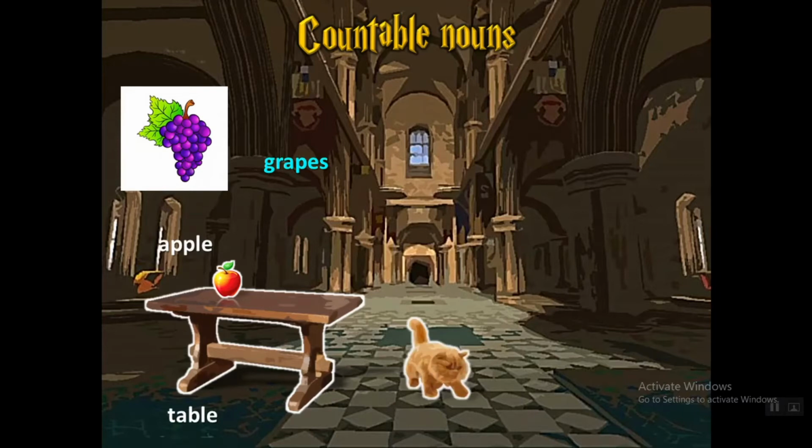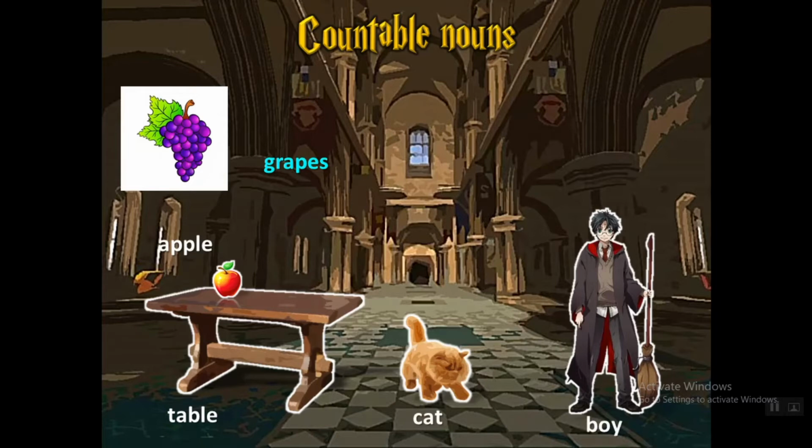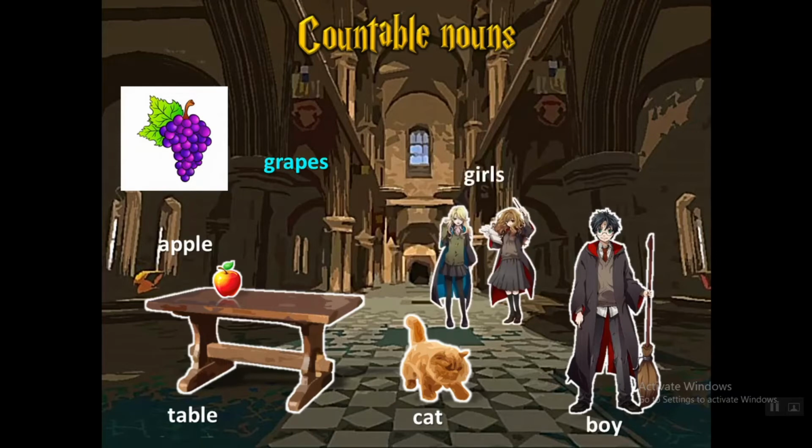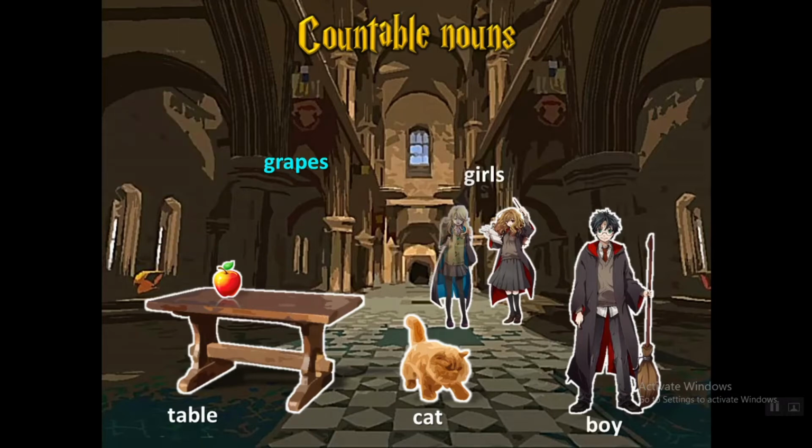Here is a cat. We can say 2 cats, 3 cats. This is a boy. We can say 3 boys or 5 boys. Also the word girl. Here we have 2 girls. So these are called countable nouns. We can count them. The second kind is